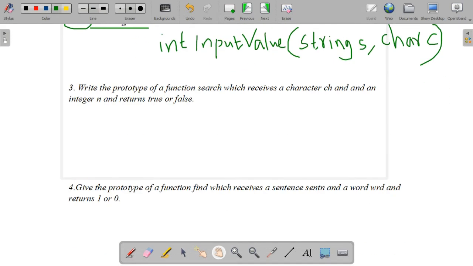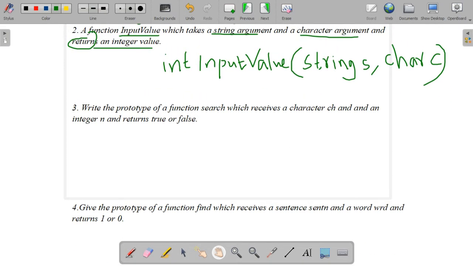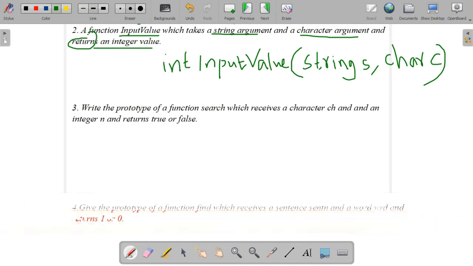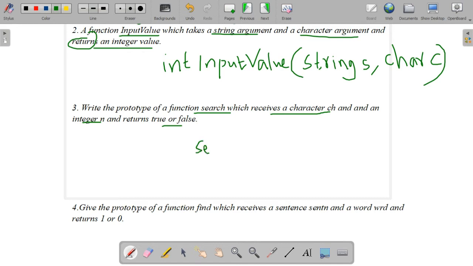Okay, the next one: write the prototype of a function search which receives a character ch and an integer n, and returns true or false. In this question they have specified the argument names. So we start with the function name search. In the same case, you have to write what is given in the question.